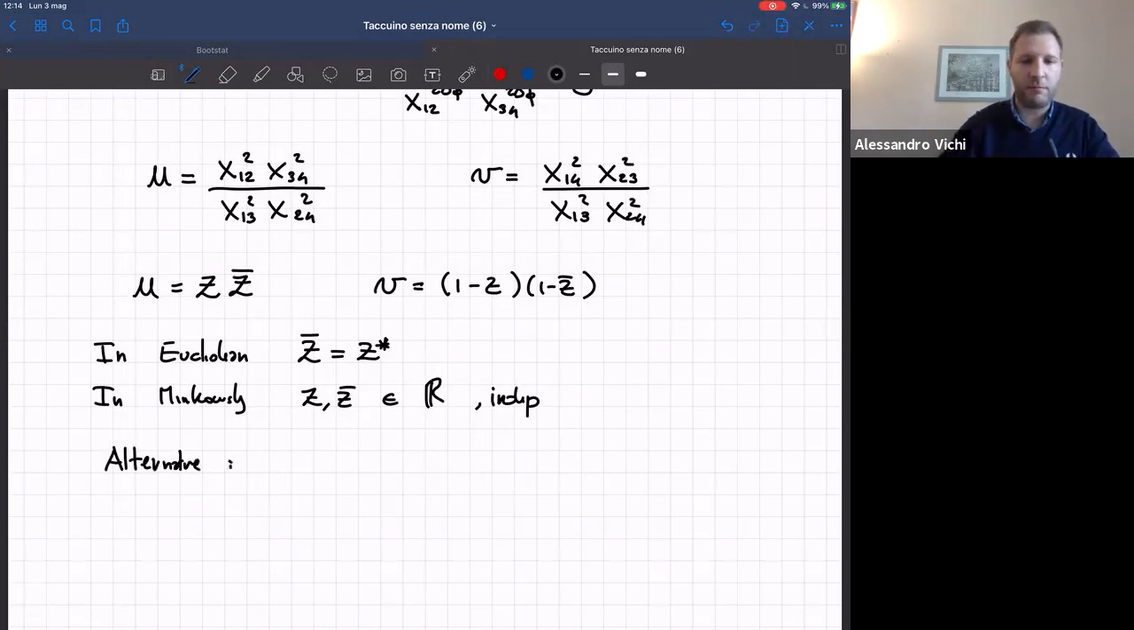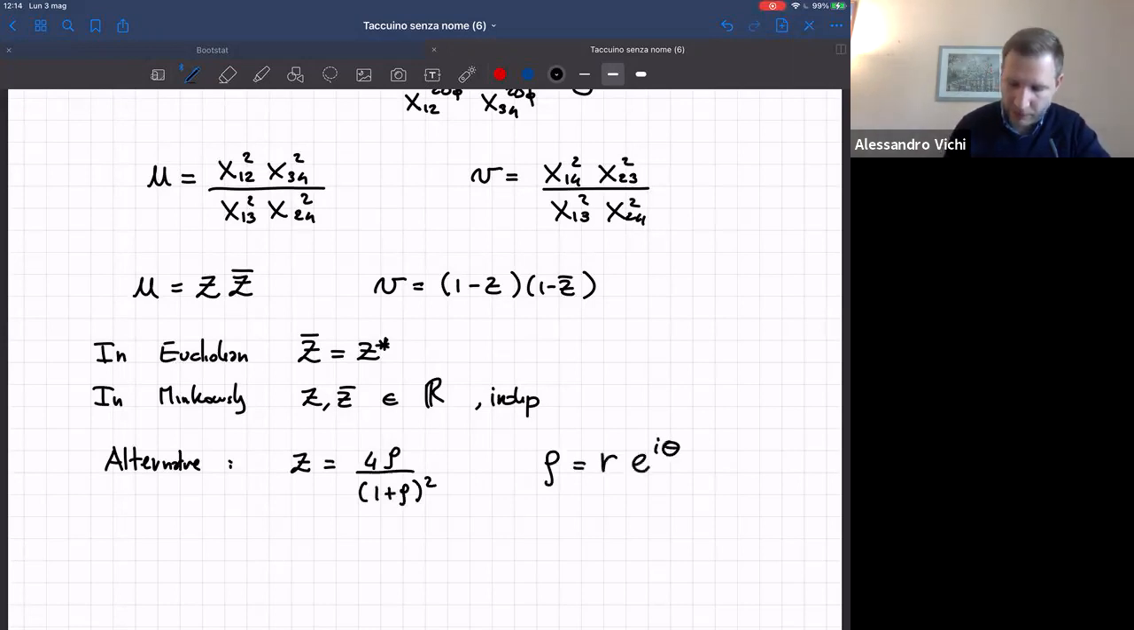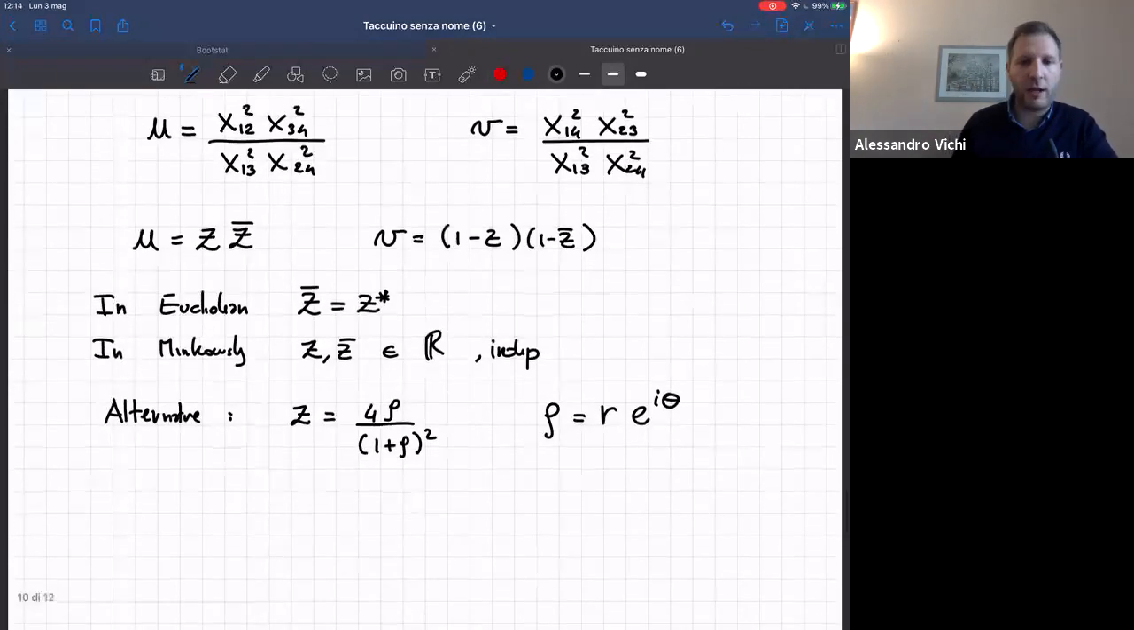Which is the sort of radial variable, and it's defined in terms of Z by the following expression: 1 plus rho square, and similarly for rho bar, and rho is some radius times the phase. To give you an idea of the meaning of these sets of variables, these conformal invariants, you can think